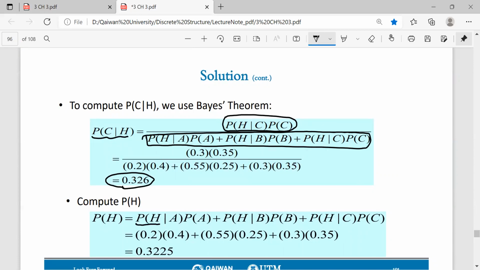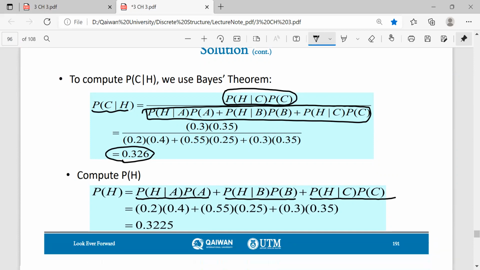It's probability of H given A times probability of A, plus probability of H given B times probability of B, plus probability of H given C times probability of C. We found these all before. We just plug in these values to get the result, which is